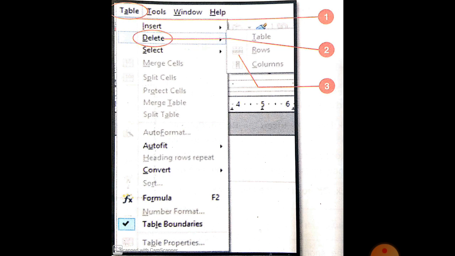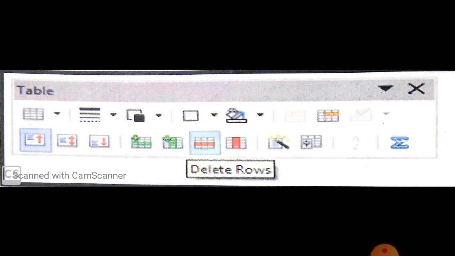The steps are shown in this picture. Now the second method, using the toolbar. Step 1, select the row or column to be deleted. Step 2, select the delete row or column icon from the toolbar, as you can see in the picture.